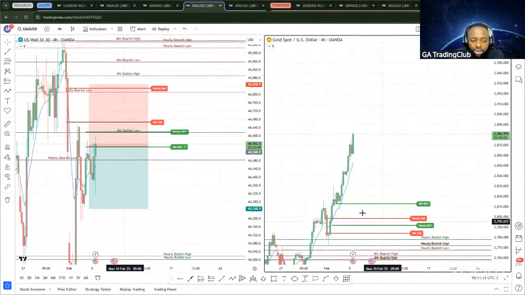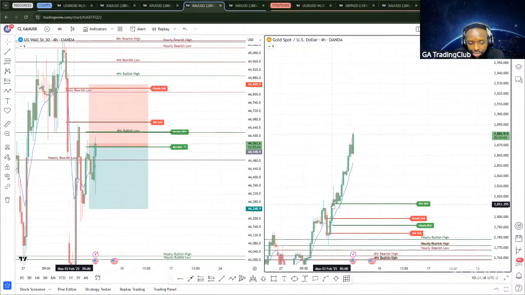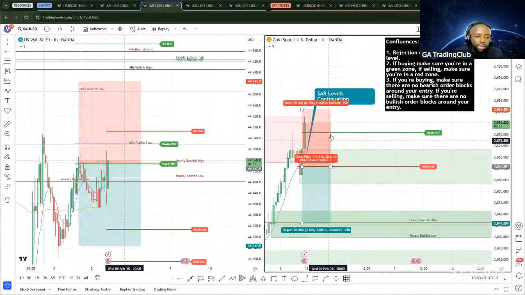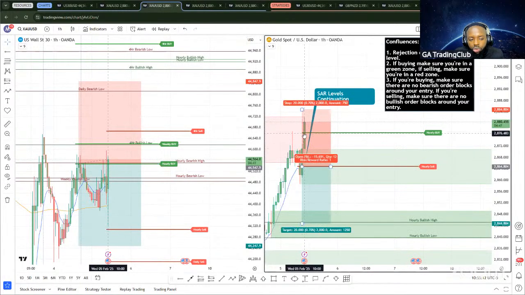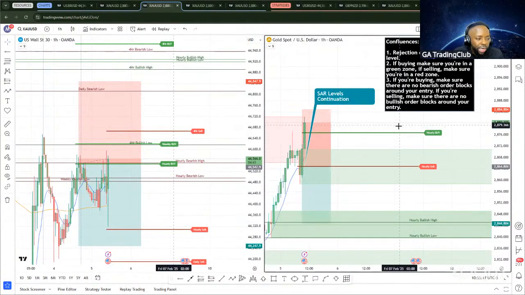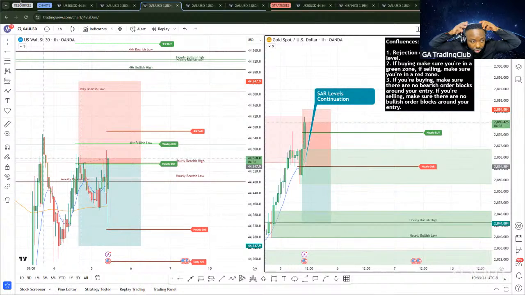if we do create. You see this 4 hour buy right here, which served as support on this region for price to go up. Now, depending on however many candles, this buy will shift to the top here at some point. It can be today, it can be tomorrow. But for today, if I do not get this hourly buy entry here, if price does not close below this zone right here, then I'm not even hopeful to get any other hourly buy entry during the day. So 4 more minutes. If we do not get that, then we'll just call it a day and then just